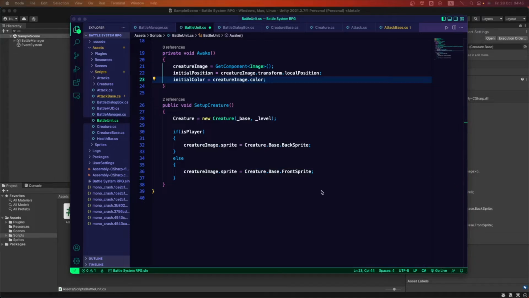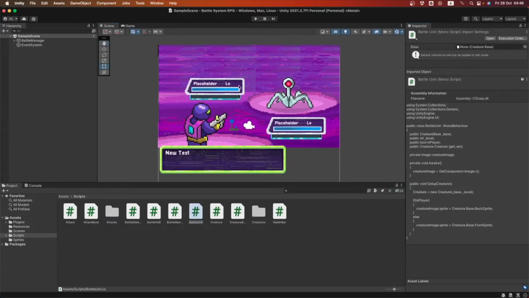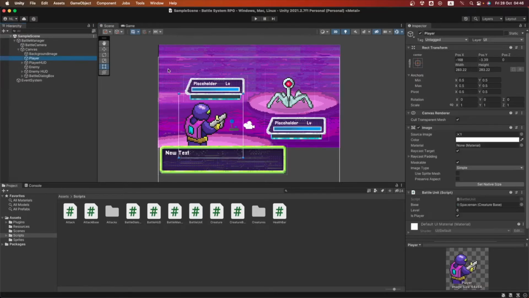First things first, the first animation that we want is the one that comes from the sides. If you remember in the Pokemon games, these entities, when the battle started, let me select the player, for example, weren't here by default.